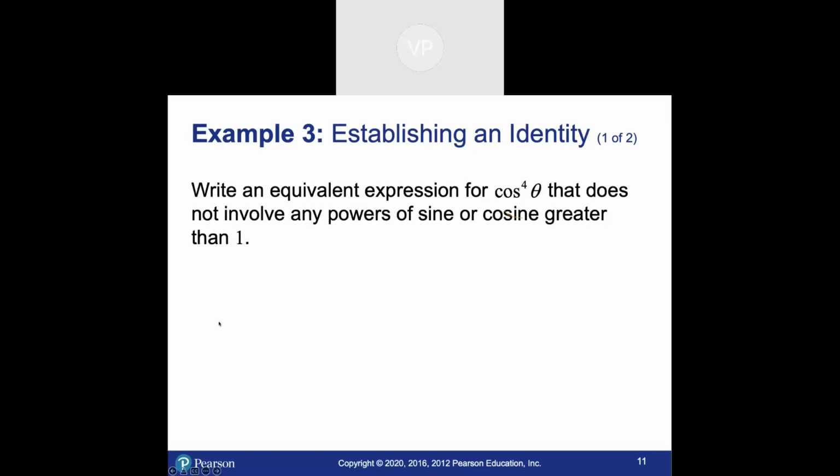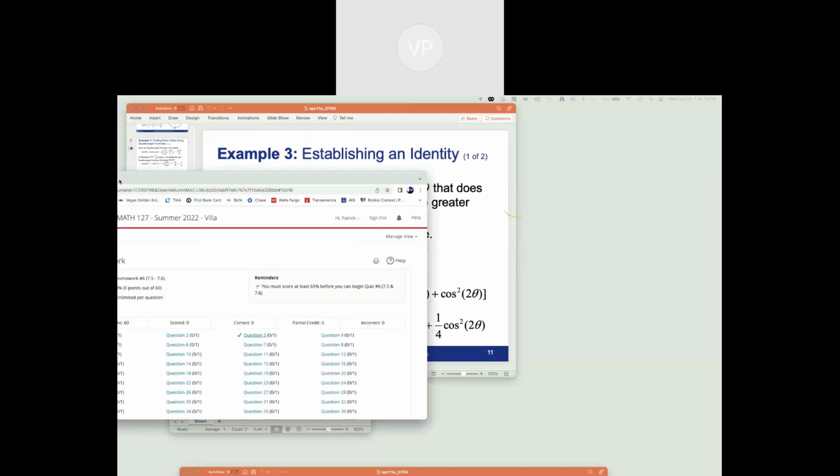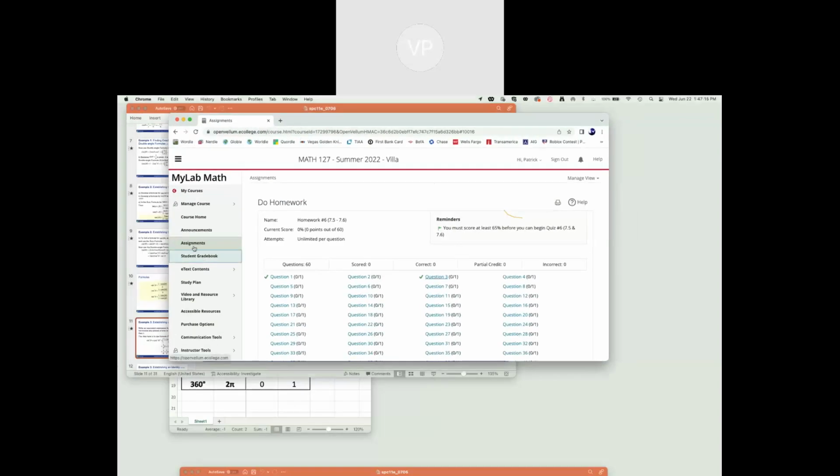In the last minute or two, let me see if I can do this. Just for those of you who are ready to do quiz number 5, let me just give you a quick look at